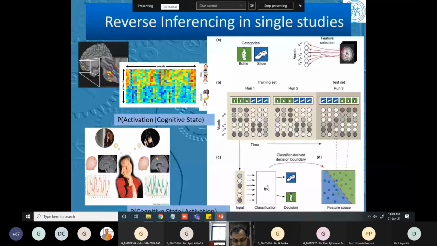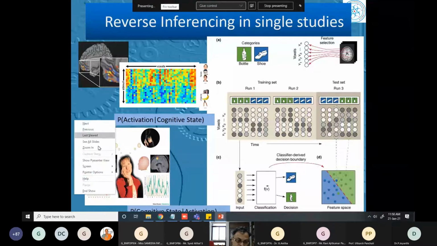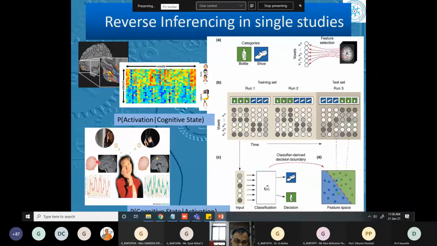This is not from my group, but a neighboring lab. They looked at this patient and asked her to imagine walking in a room or playing badminton. Both are movement related things, but the brain activity is supposedly different, as you see in this picture here. And the pattern actually matches that of a healthy individual.